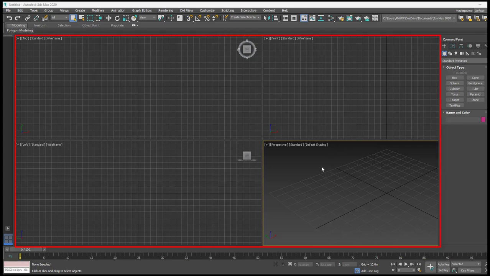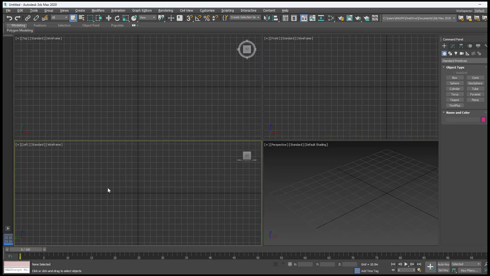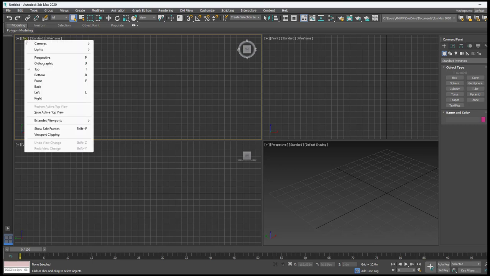In 3ds Max we divide this into 4 parts: top view, front view, left view and perspective view. You can even change these views. Here we have the option to change. As we know, 3ds Max is a 3D software where we get a 3-dimensional view of the object.